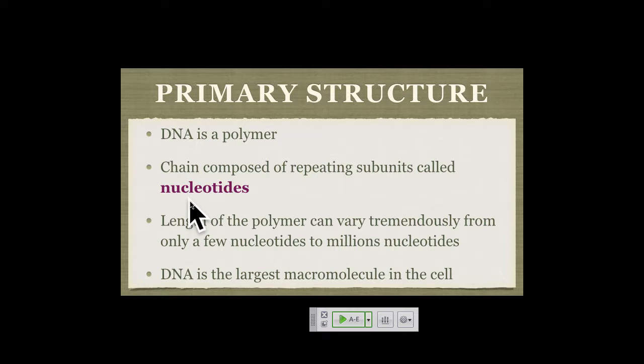As we go through the course, we're going to talk about DNA, RNA, and protein. At their most fundamental level, these are polymers. They are made up of repeating subunits. Each one has its own particular characteristic covalent bond that simply joins one subunit to the next. So DNA is just simply a polymer, and it's composed of these repeating subunits called nucleotides.